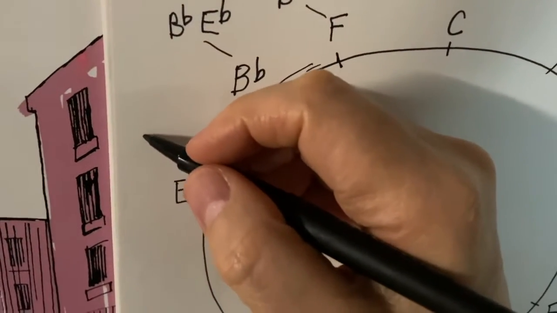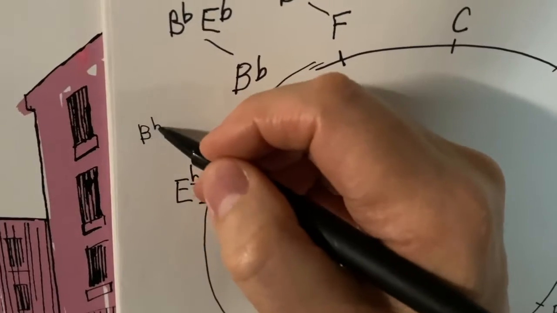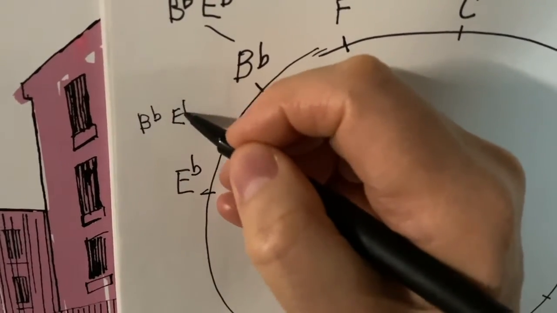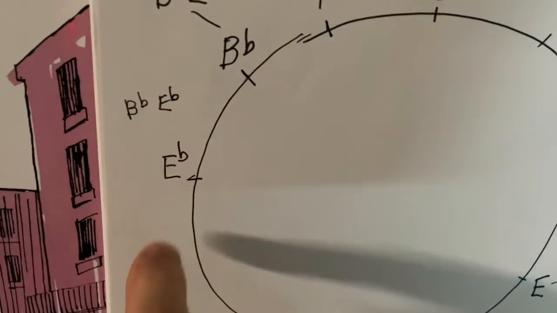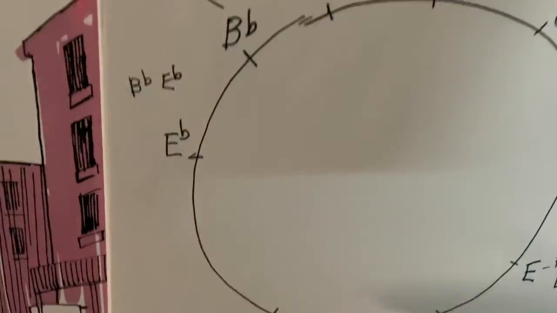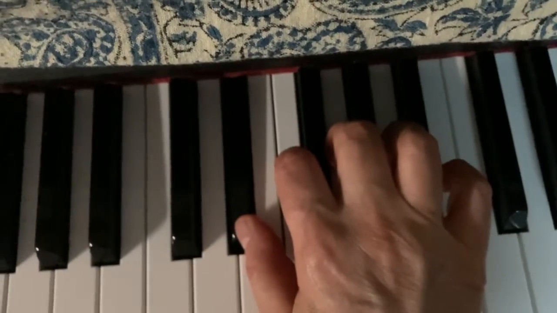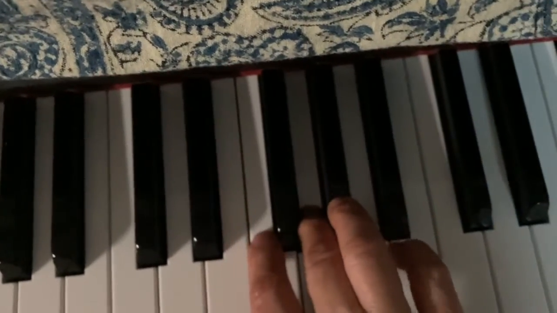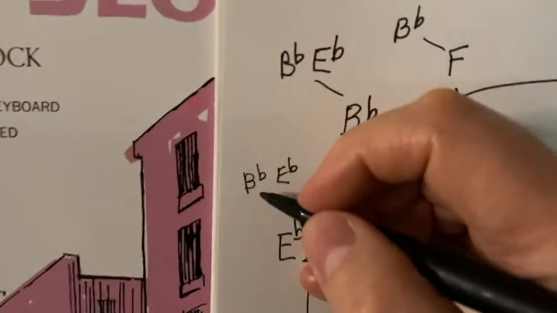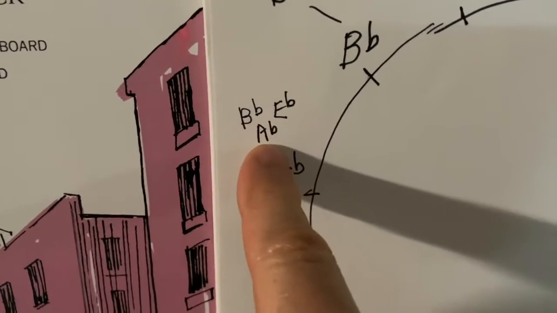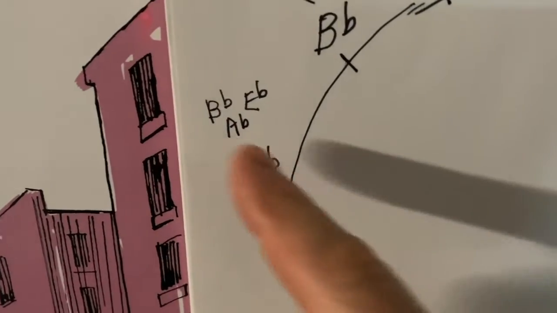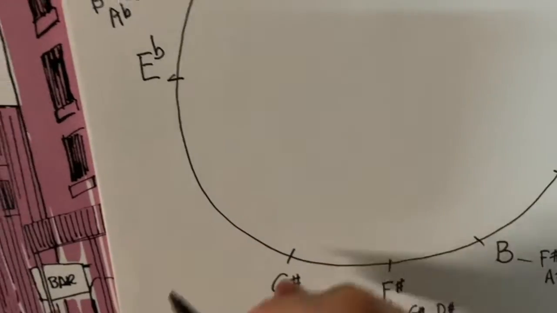Then we take the last flats, B flat, E flat, and we have to add 1 more. We go up a 4th from E flat, and we get whole step, half step, A flat. So the key of E flat has B flat, E flat, and A flat. And the last flat names the next key,